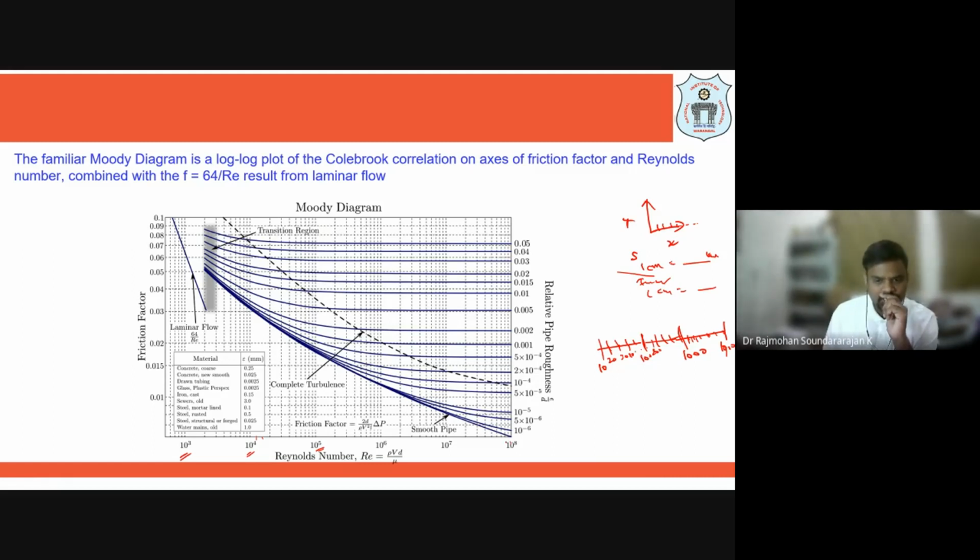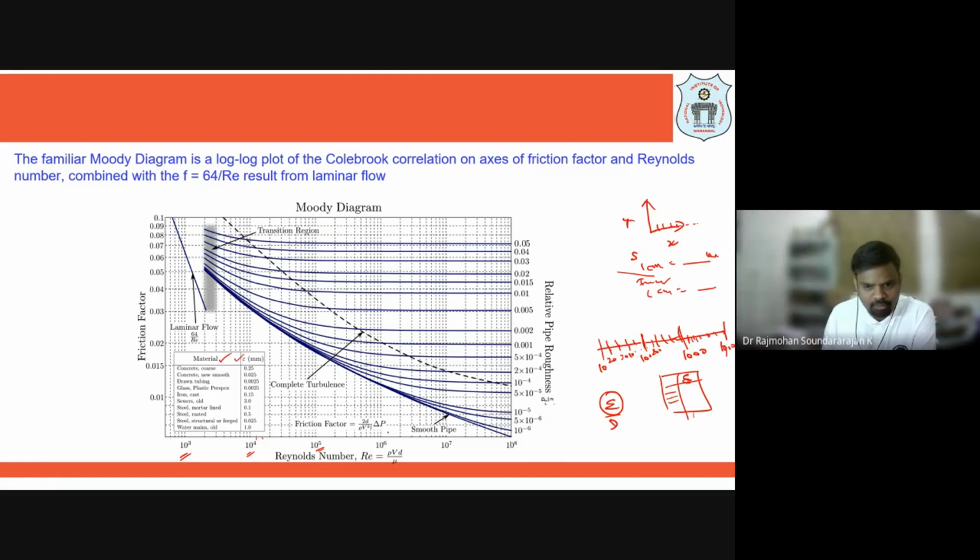We have seen the Reynolds number, and the relative roughness is given by epsilon by D. The epsilon value can be given in a table. For each different material, epsilon is going to be different. If you know the epsilon by D value, you will find it here. We have different pipes, and you can see the epsilon value given here; in this table it is incorporated. For different materials, you take the epsilon, that is K by D value.